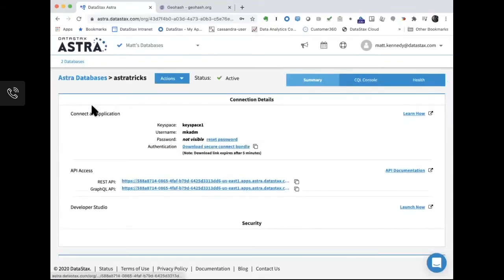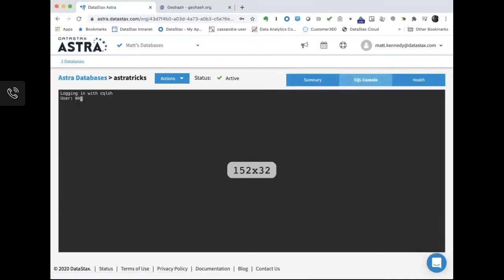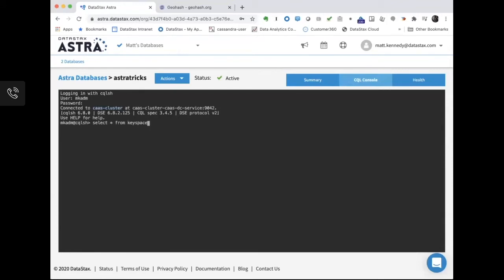Okay, so we've talked about the REST API endpoint. Let's look at GraphQL now. So I am just going to grab this onto the clipboard, and I want to jump into CQL console just to remind ourselves about some of the data that we have in the database. So we will log in as my admin user, and then we're going to do select star from keyspace1.kv. So you remember this is one of the tables we created earlier, and it has two keys in it, 1 and 2 with values A and B. So fairly easy to remember that. We're now going to switch over to GraphQL Playground, which is like Postman, but specifically for GraphQL.